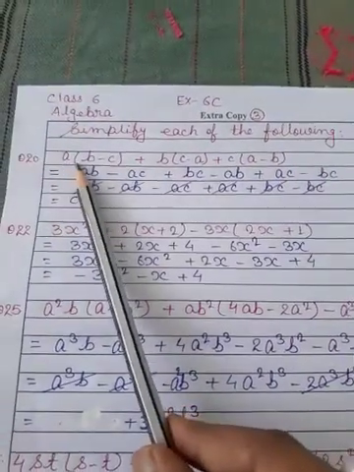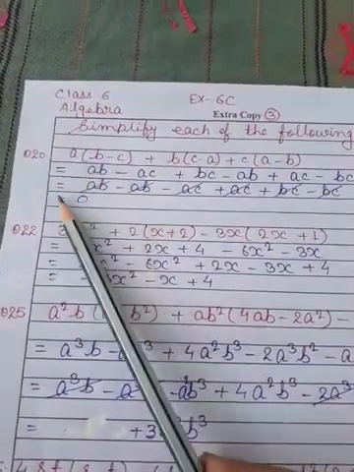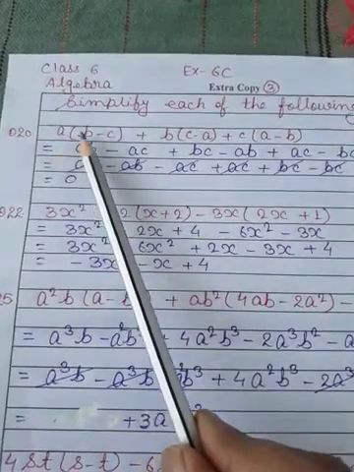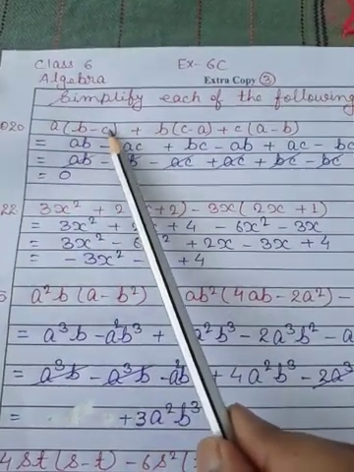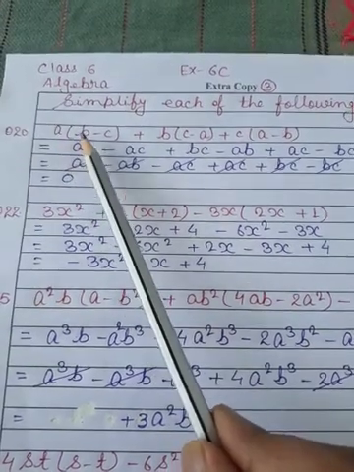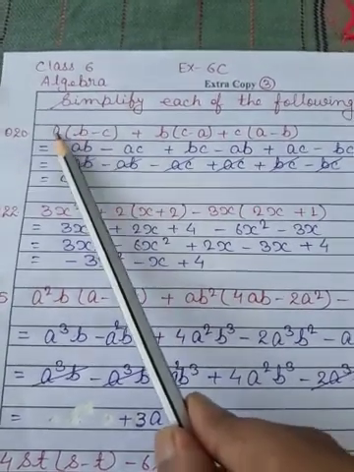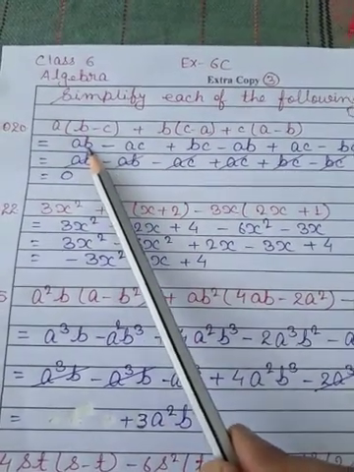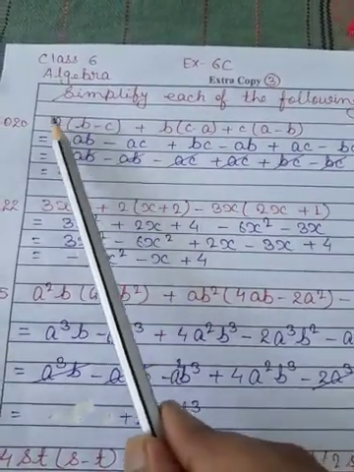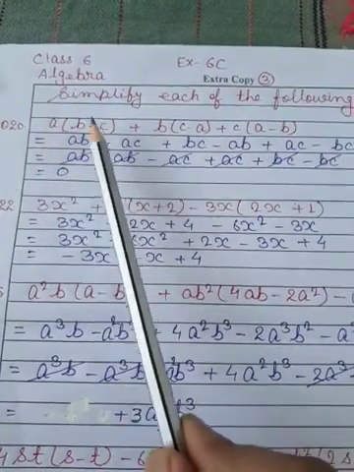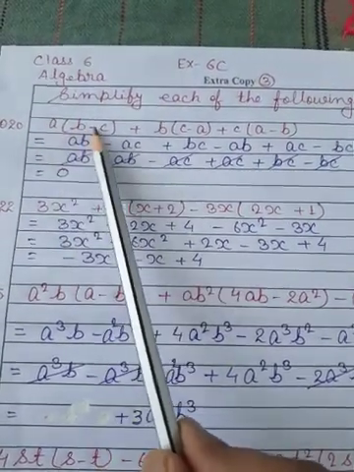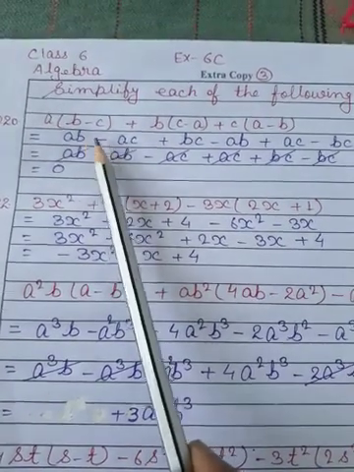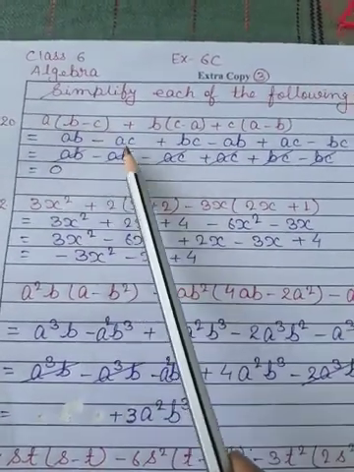Now in this chapter we have learned that the term which is outside the bracket has to be multiplied with the terms inside the bracket. That means this a will be multiplied by b and once again a will be multiplied by c. So a into b, ab. Here we have a minus sign and here a plus sign, so before multiplying the alphabet, first we will multiply the sign. Plus into minus, minus, and a multiplied by c is ac.